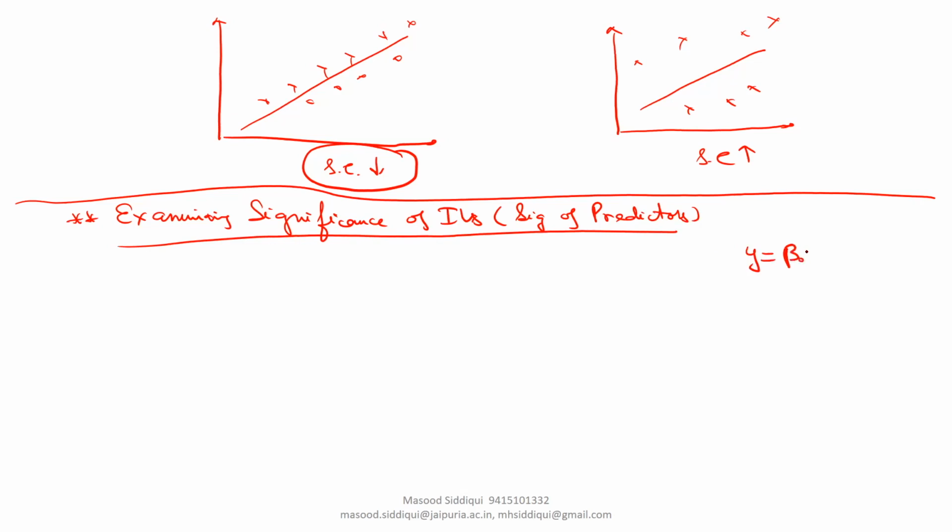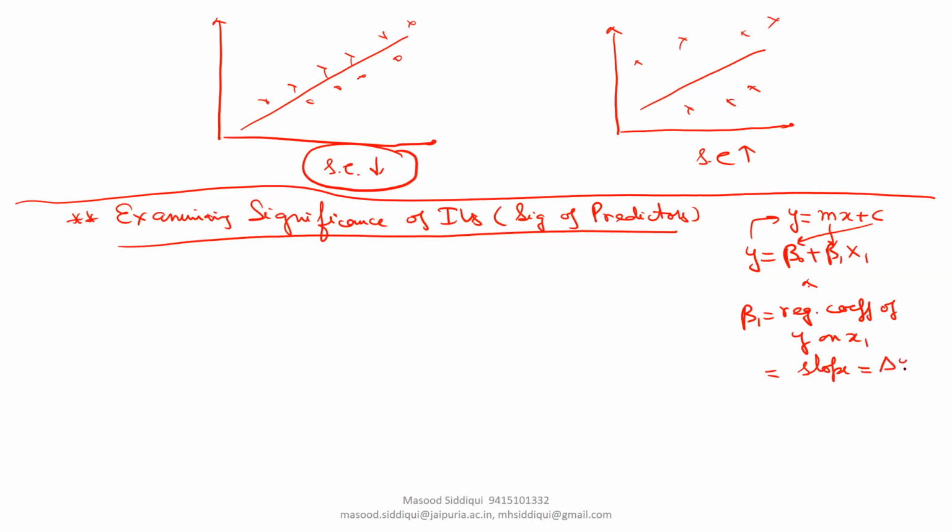Let me explain this concept using bivariate regression first. Suppose we have this model: y is equal to beta 0 plus beta 1 x1. If we compare this with the line equation from coordinate geometry, y is equal to mx plus c, c is equivalent to beta 0 and m is equivalent to beta 1. This beta 1 is known as the regression coefficient of y on x1, which is equivalent to the slope m.